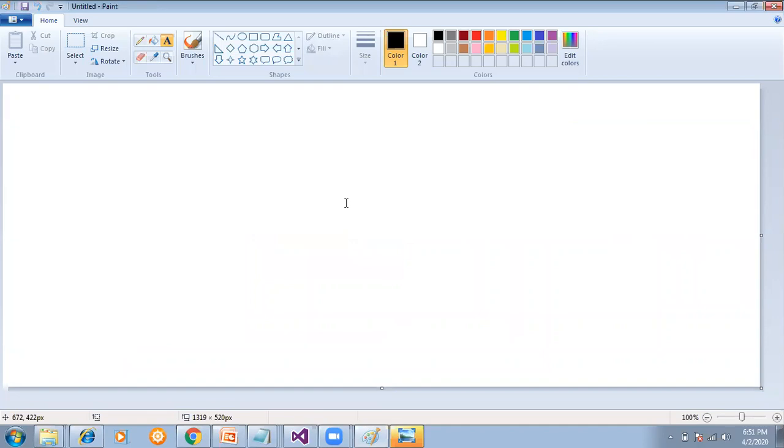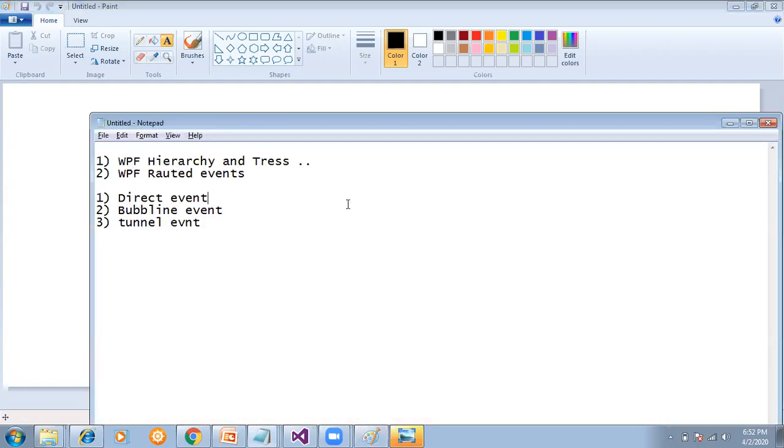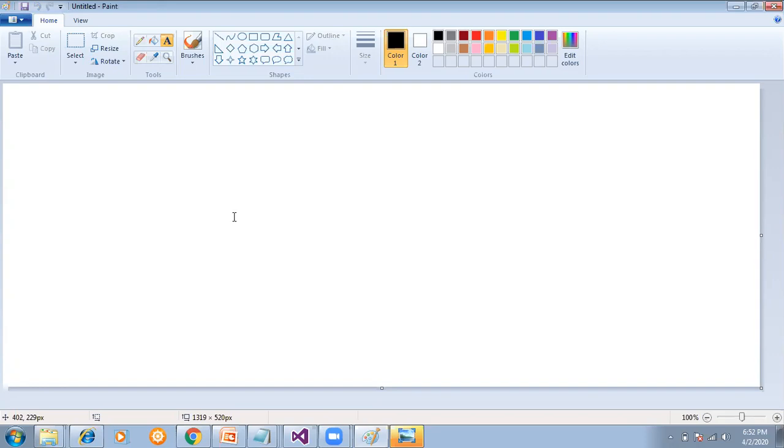Now we have understood the three types of special events in WPF. One is the direct event, the second is the bubbling event, and the third is the tunnel event. Now my question is, what is the advantage of having these kinds of events? Why do we need the bubbling event and the tunnel event? You may get that question. The answer for that one is,